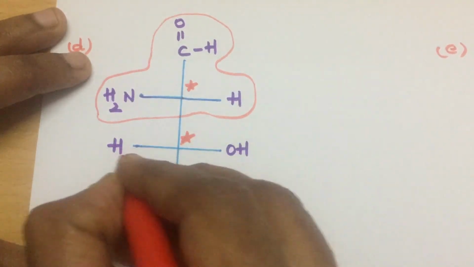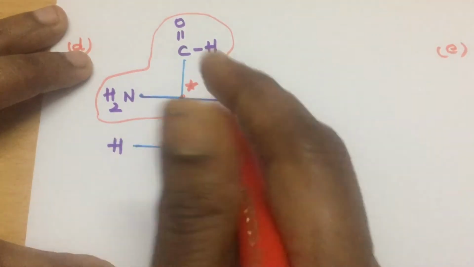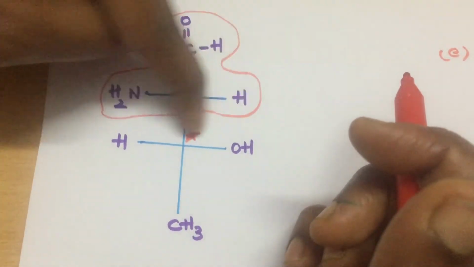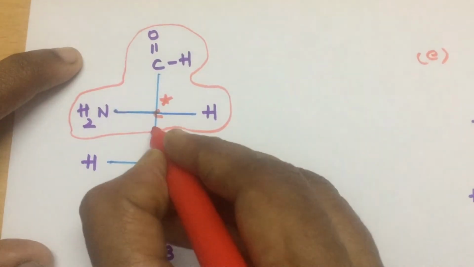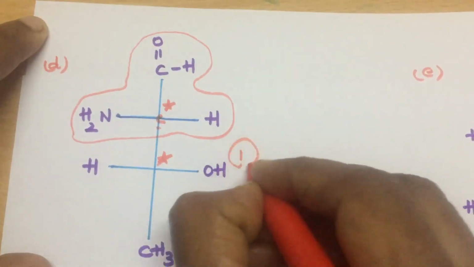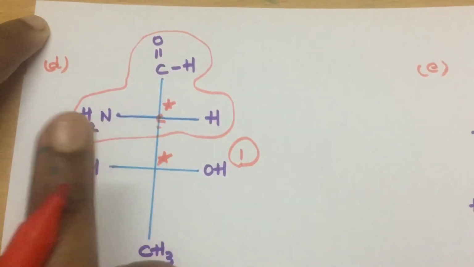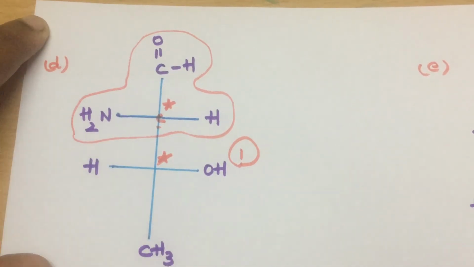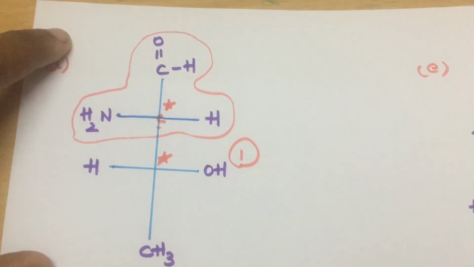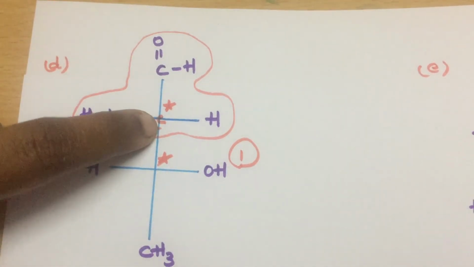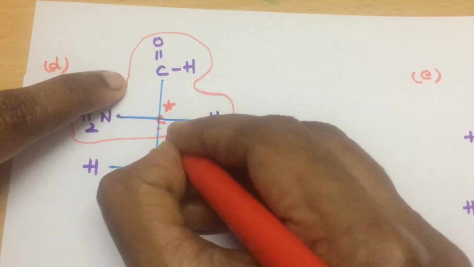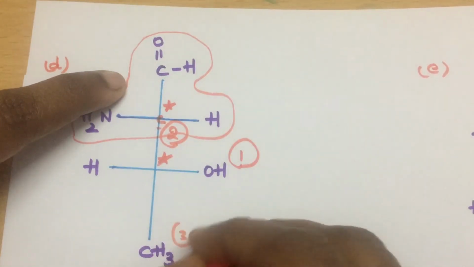Here the first atom is carbon, this is carbon here, this is one substituent, student. For this carbon, this whole thing is one substituent. The first is carbon here, so no, this is oxygen, this is carbon, so first priority goes to oxygen. However big it may be, you have to see only the first atom. Here it is carbon, so I am not giving priority to it. Here both are carbon atoms, but you see the second atom is nitrogen. So I am going to give priority to this whole group as 2. Then 3, then 4.